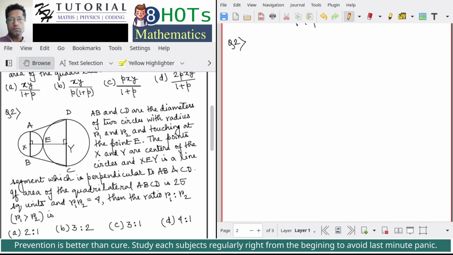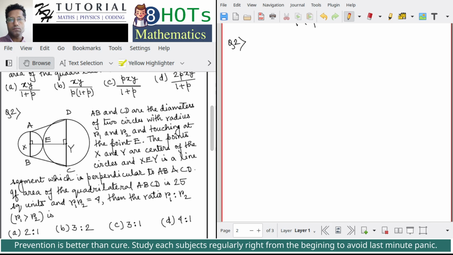So the circle with diameter AB, its radius is R1, the circle with diameter CD, its radius is R2, and the two circles are touching at the point E. The points X and Y are centers of the circles, and XEY is a line segment which is perpendicular to AB and CD. If the area of the quadrilateral ABCD is 25 square units and R1 multiplied by R2 is 4, then the ratio R1 is to R2, given R1 greater than R2, is